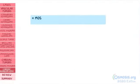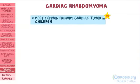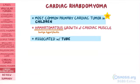Okay, now the most common primary cardiac tumor in children is cardiac rhabdomyoma. Rhabdomyomas are hamartomatous growths of the cardiac muscle. Hamartomatous means benign hyperplastic growth, meaning there's no neoplasia. The vast majority of cardiac rhabdomyomas are associated with tuberous sclerosis, a genetic disorder that causes